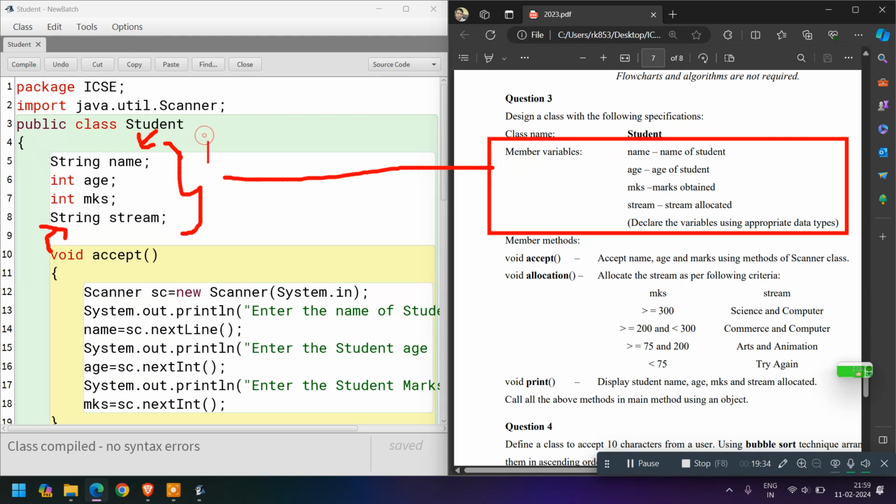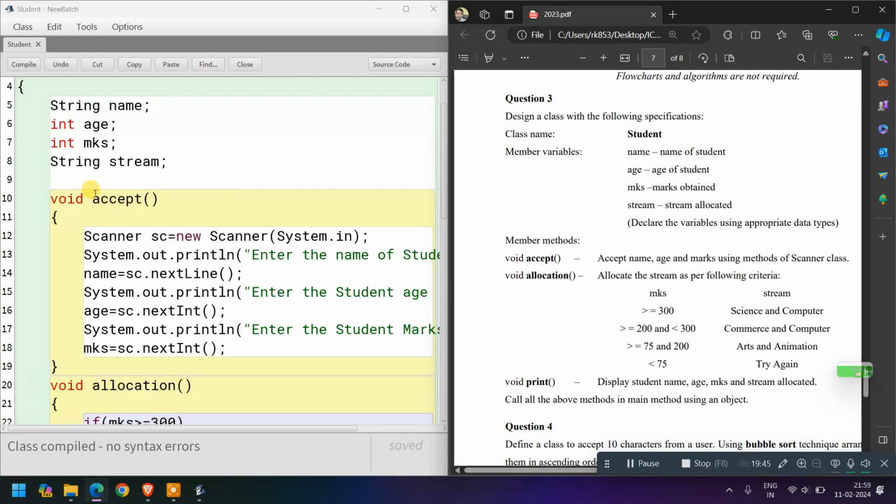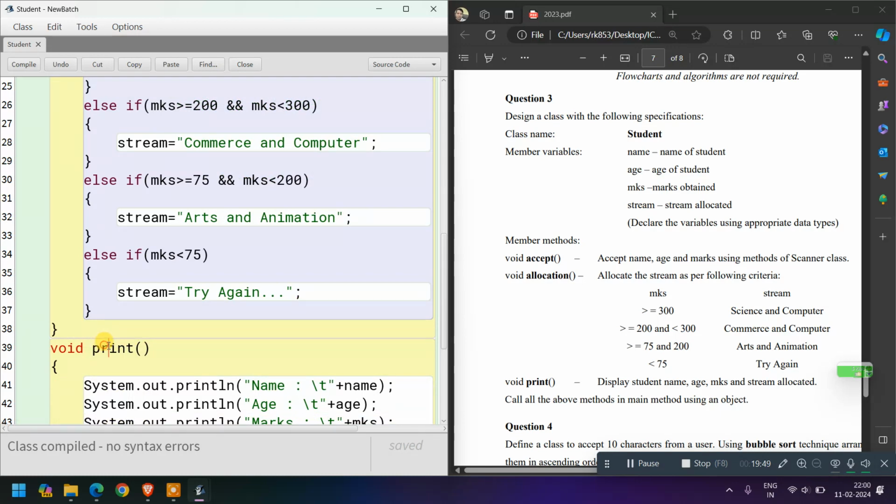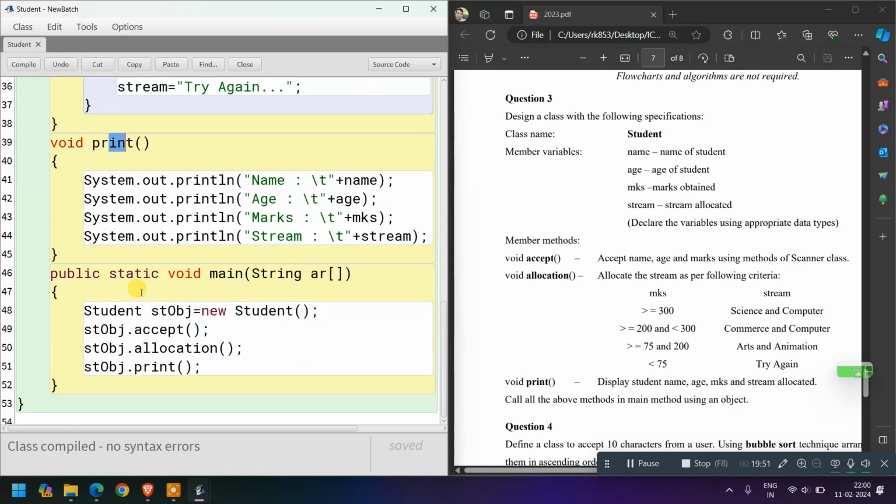Next, member methods. These are the methods I have created, and then I have called the method. I will also explain how it is executing, how it is working. So if you don't know, then remember this thing. In Java,